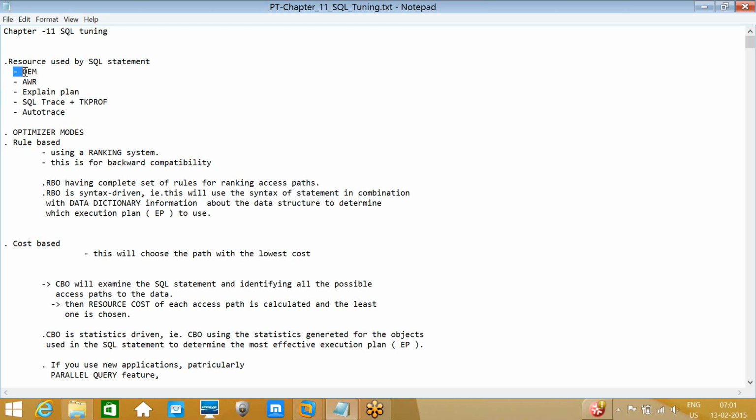Have you tried OEM? No, I will try maybe today. But it's an interface, right? Yes, it's an interface. In the interface, if any errors are there, it will throw them in OEM itself. In some organizations OEM is not enabled, so in those cases they need to analyze the AWR report.